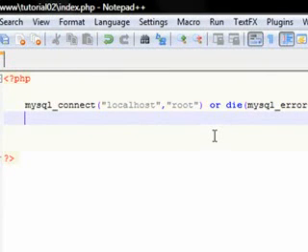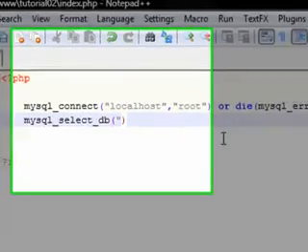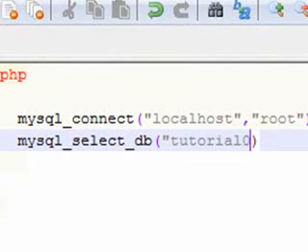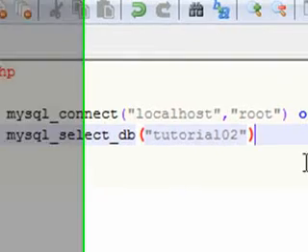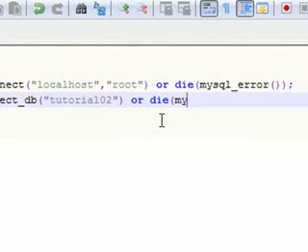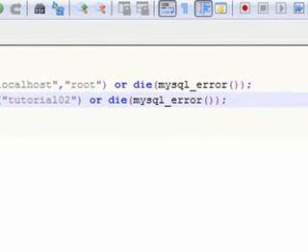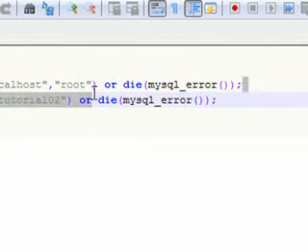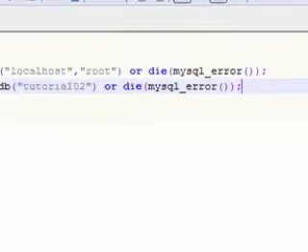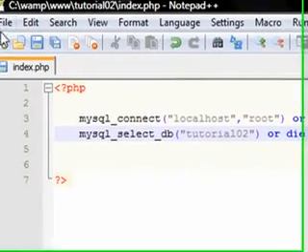Alright, right under that line, we're going to do MySQL underscore select underscore DB, and then a left open and close parentheses, and then inside those you're going to type the database that we just made called tutorial 02, or whatever you named it. And then after that, do another or die statement, and basically that'll tell you if there's an error. You really want this, it's helpful. I think it might be required, I'm not sure. I've just always used it, so you can copy and paste that down to here, or you just write it out, whatever. So save it, and